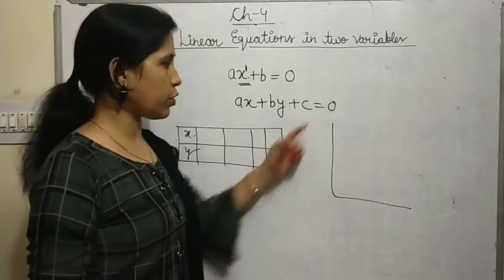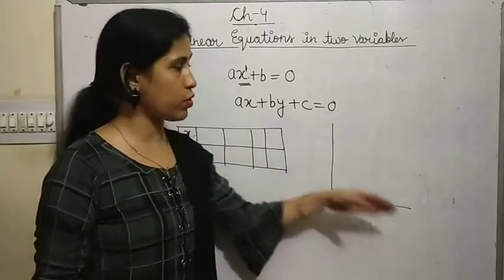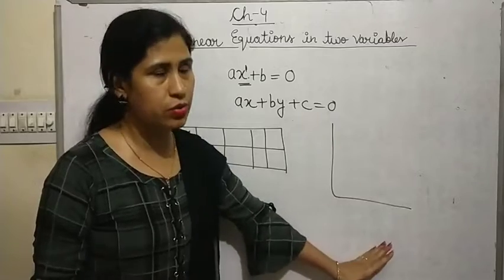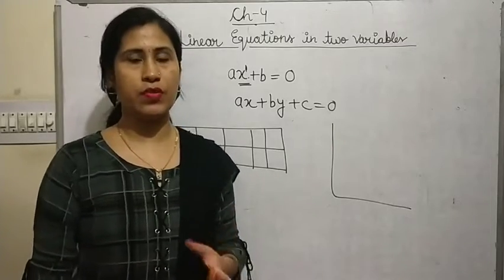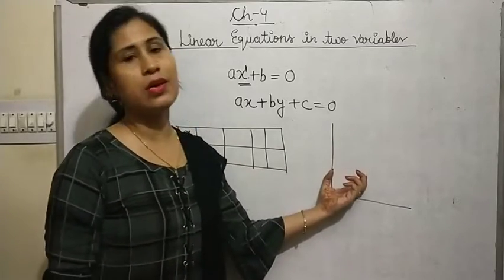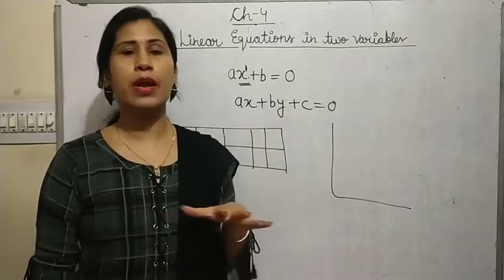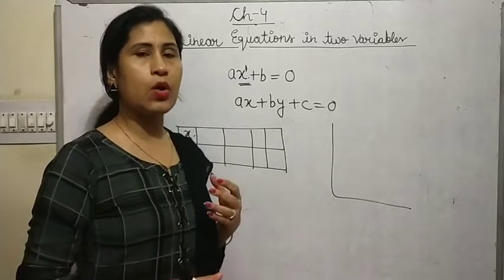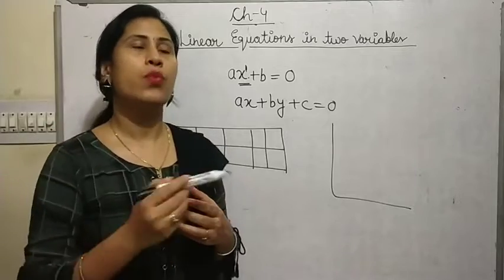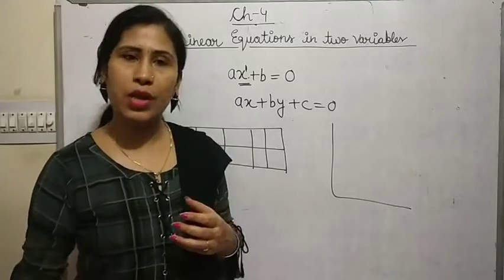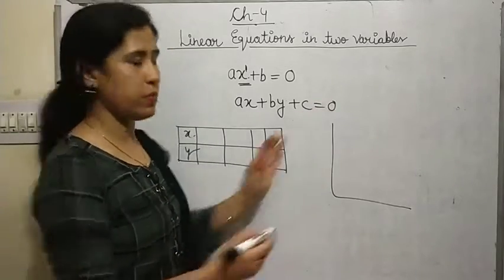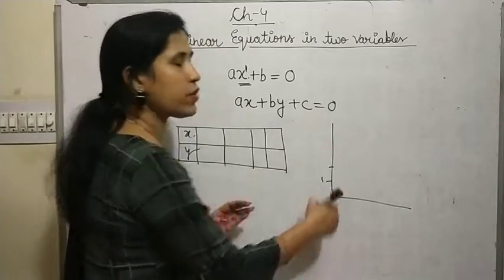Because we have to draw the graph, we have to take care of the x-axis and the y-axis also. So we will take the type of numbers which are comfortable to locate on the graph paper. Most probably we will take 0, 1, 2, 3, or 1, 2, 3, or 2, 3, 4 in that sequence, so it will be easy to locate. Means 0, 1, 2, 3 is very easy to locate.